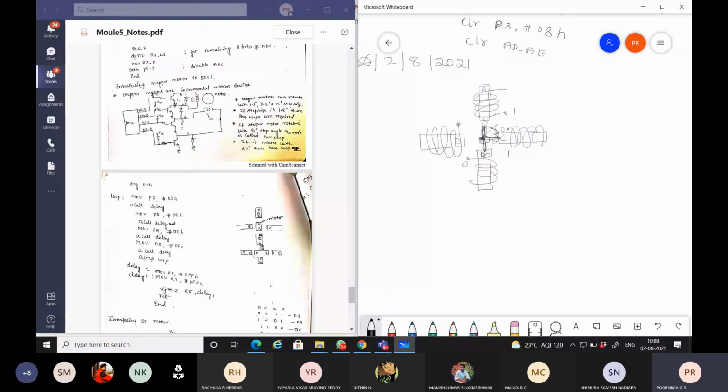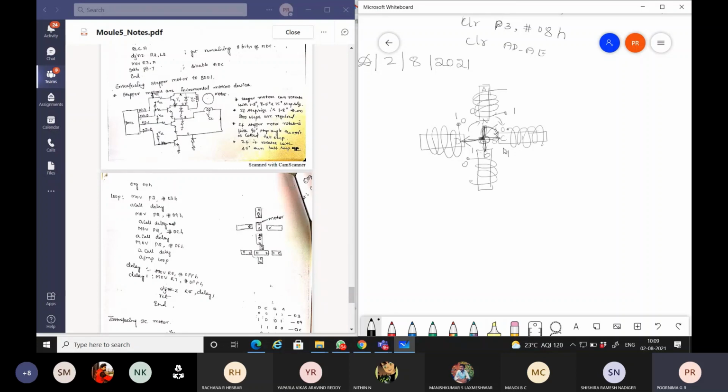Then if it has to be rotated from B to D, this has to be made 0 and this has to be 1. During that time the needle will deflect to D. Suppose it has to be brought back, then 1 and 0, and it will rotate.